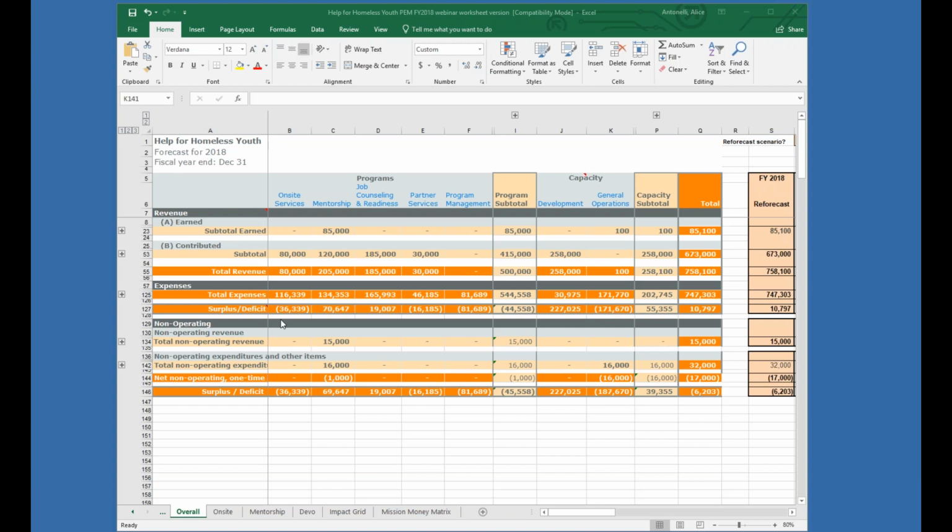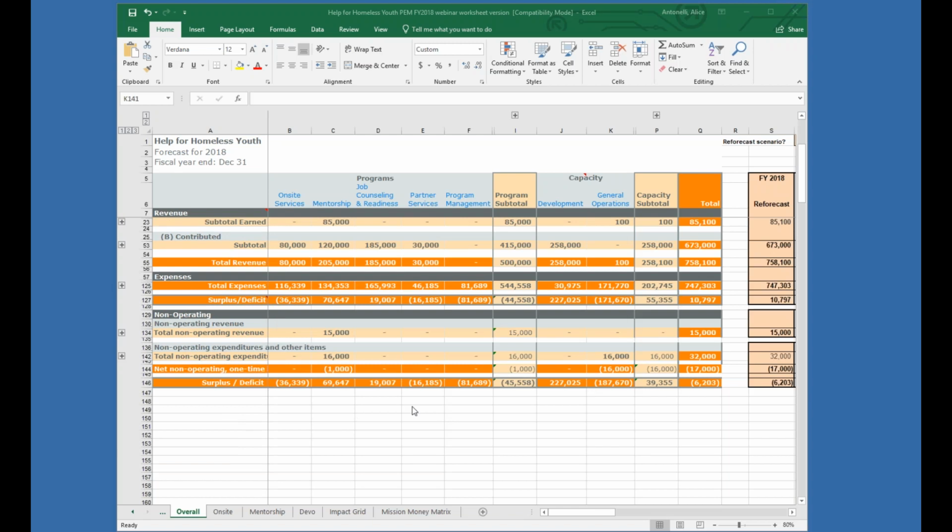extra $10,000. Rather than going through all the transfers, it's super helpful just to see, and this is my big emphasis on this type of analysis, just to see what the impact is on the bottom line. So to me, this is very clean. I know if I get rid of this program, I will have $36,000 worth of savings because I don't have to rejigger any allocations. Now, if you do want to do allocations, and I typically do with my clients, I